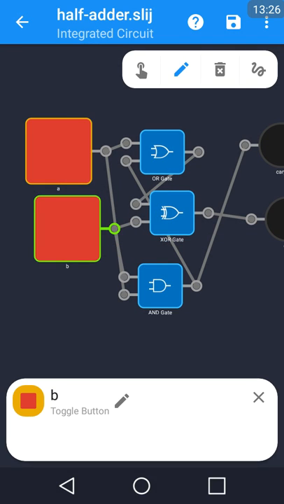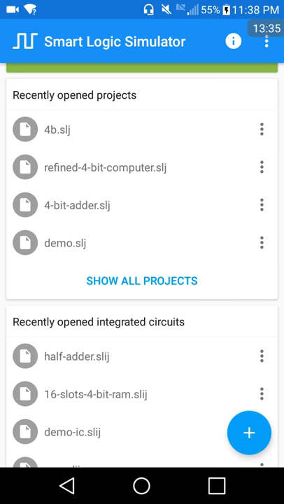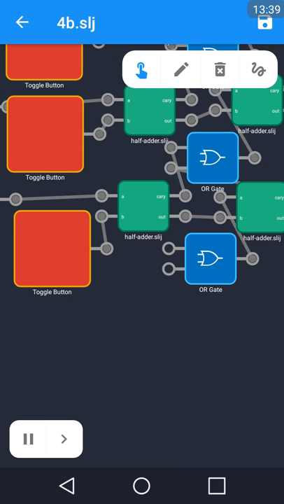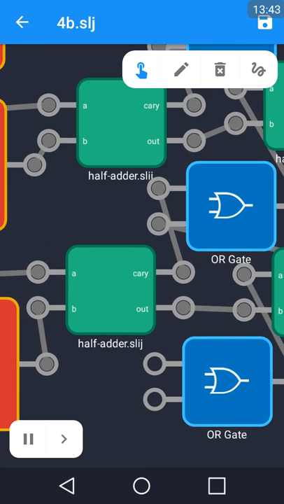Now keep in mind the green squares had no label on it. So let's save this, go back into 4B, and as you can see, we now have a label, which means